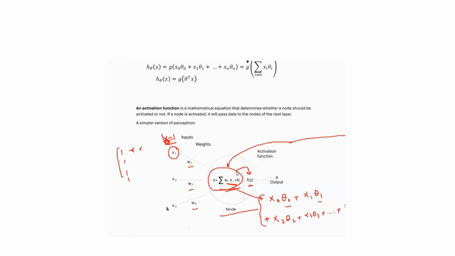So once we have the summation, basically all these variables will have some numerical values in them. Maybe 1, maybe 2, maybe some sort of float, or any numerical value. That numerical value we will put into this activation function, and that activation function will tell us whether we want to remember that node or not. It can be from 0 to 1,